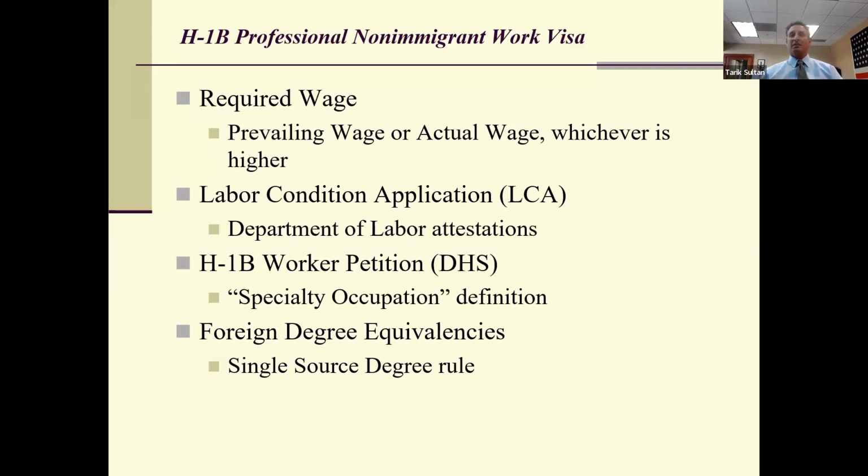So if that company is not paying its workers the prevailing wage, say the company pays its workers $55,000 a year, and we do the prevailing wage analysis, and it comes back at $60,000. We go to that employer and say, well, you're going to have to pay the foreign worker $5,000 more than all of your U.S. workers. So the answer basically is that foreign workers might be paid more, but they're never going to be paid less